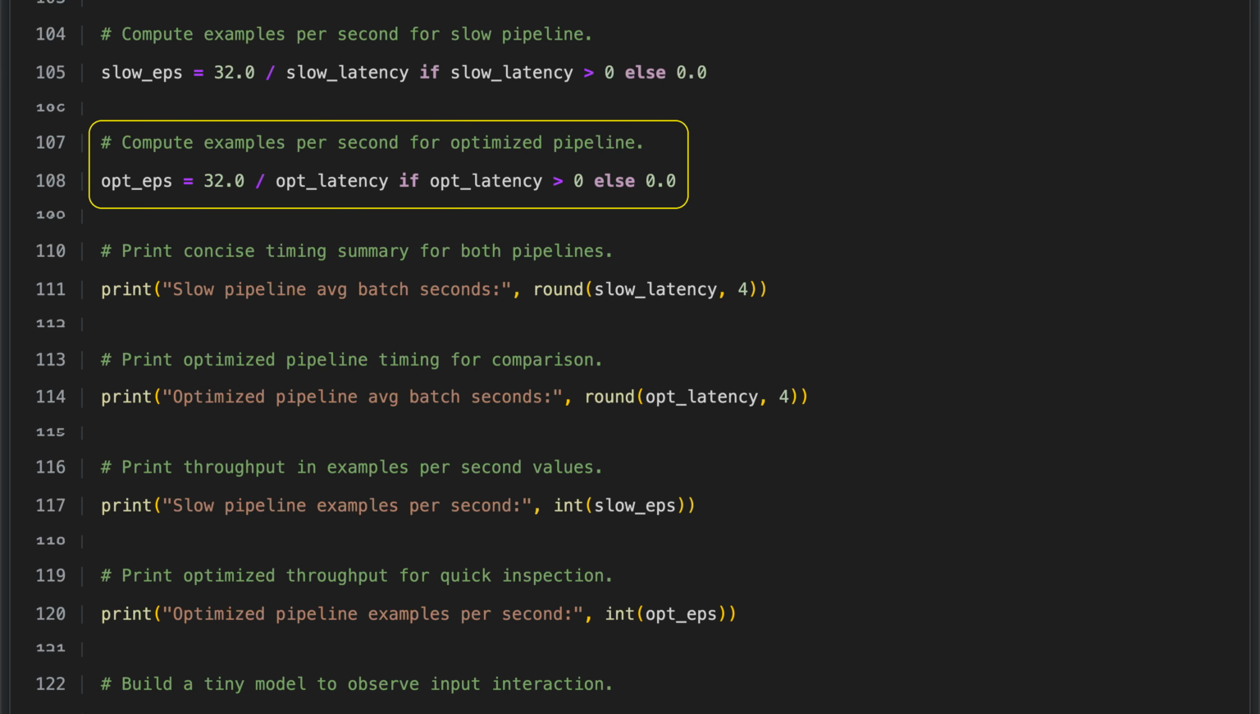To find the examples per second for the optimized pipeline, divide the batch size of 32 by the average latency of that pipeline. This result is the throughput, meaning how many examples are processed each second. However, you only perform this division when the latency is greater than 0. If the latency is 0 or not valid, you set the throughput to 0 to avoid a division by 0